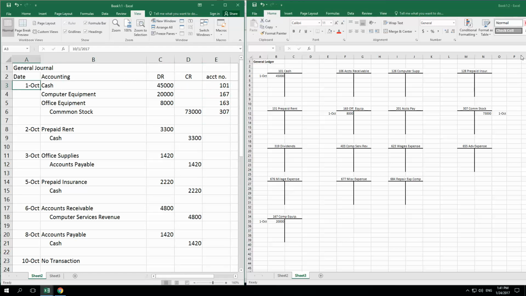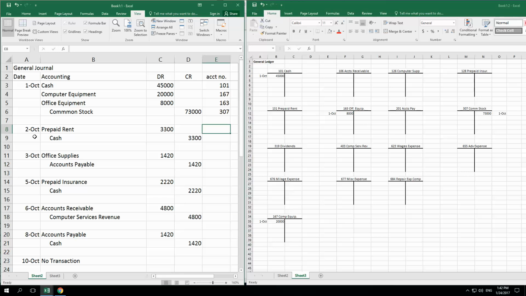So if I clocked out today and the day was over, I know that I've already posted this transaction. Come tomorrow, I can start with the next one. Okay, that's what this does for me. That's called a cross-reference. And there's several different ways to do cross-referencing. In this case, this looks like it would work. It might not be the way they ask you to do it in the problem, but this does a good cross-referencing, because if you were working from any one of these databases or these documents, right, you could trace back from the ledger according to date, and you could trace from the journal to the ledger according to account. Okay, that's what they do. They allow you to